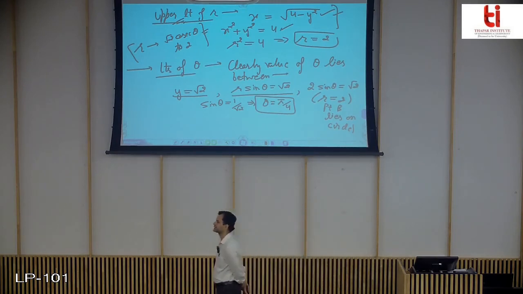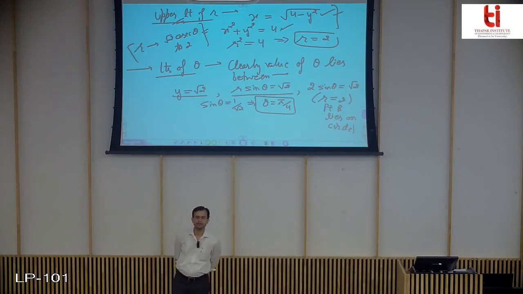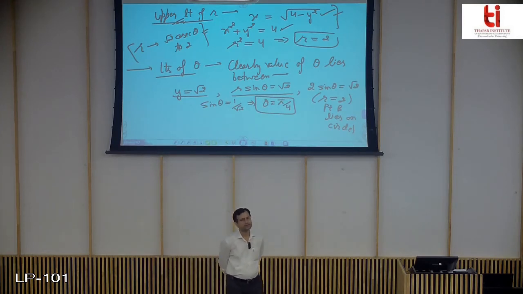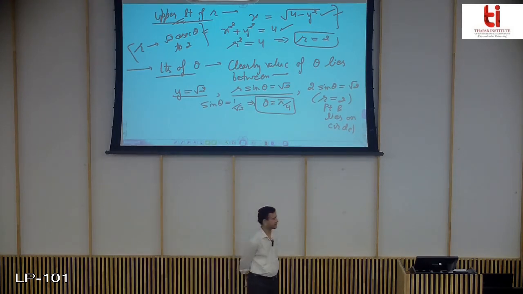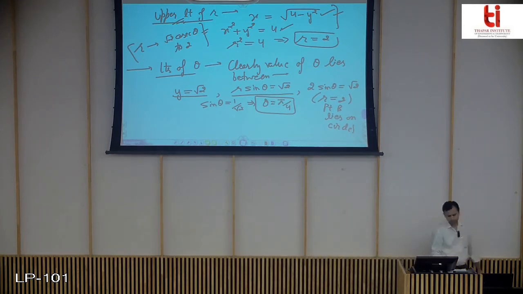You can even take x equals r cos theta. You can take the same thing, because x is also root 2 at this point B. So you can take x equals root 2, then r cos theta is equal to root 2, and you will get cos theta is equal to 1 by root 2, and the same theta equals 45 degrees. So even from the coordinates of point B, root 2, you can directly write that theta is pi by 4. So at least in this question, you can find theta in many ways.